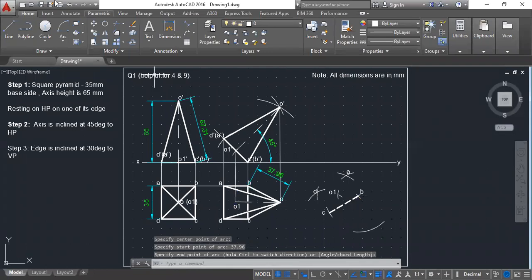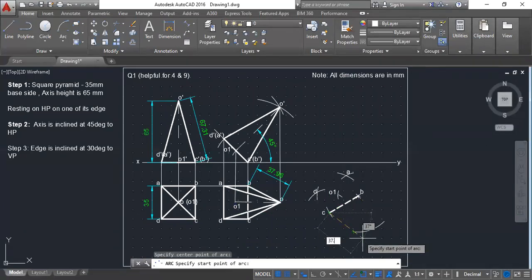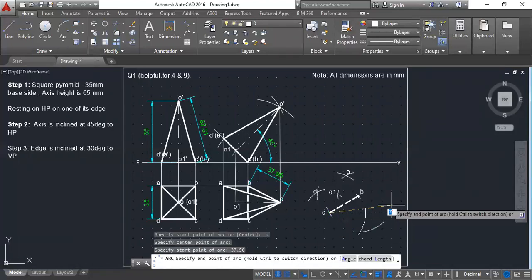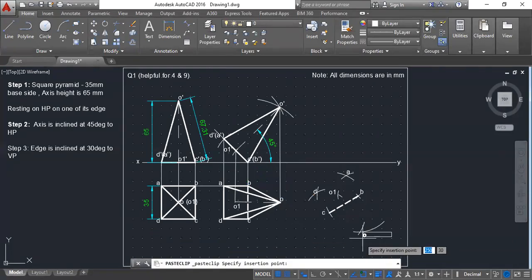Okay, so from C also the length remains same. So from C also it will be 37.96. Draw an arc wherever these two meet. That will be my point O. Okay, so you don't need this length now. So this is point O.